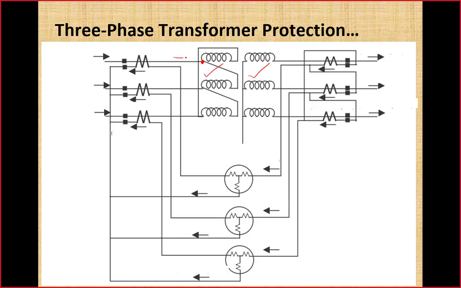The current which is entering into this node, that is difference of this first phase and the second phase, because second phase current will be like this. So it means we are subtracting a lagging current from the leading, so that will result in a line current which is leading by 30 degree. So due to this reason, this delta is a leading delta, means the line current will lead the corresponding phase current by 30 degree and will also have a magnitude difference by a factor of root 3.